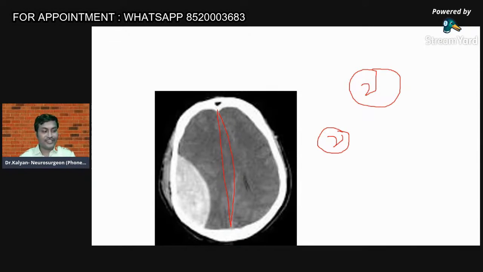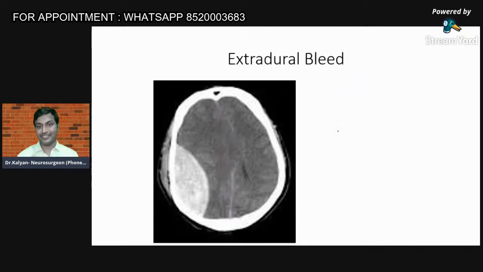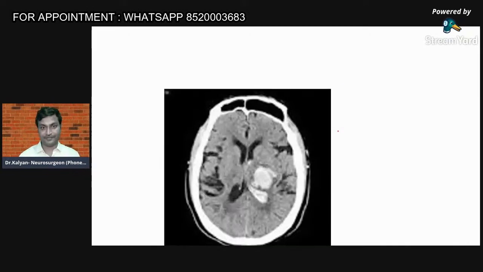Dr. Sujan was the first one. Dr. Fatima was the first one to answer. Acute extradural hematoma, right side with midline shift. Dr. Sujan, right acute extradural with midline shift. Everyone is right. So this is an extradural bleed. Every one of you try to answer this.